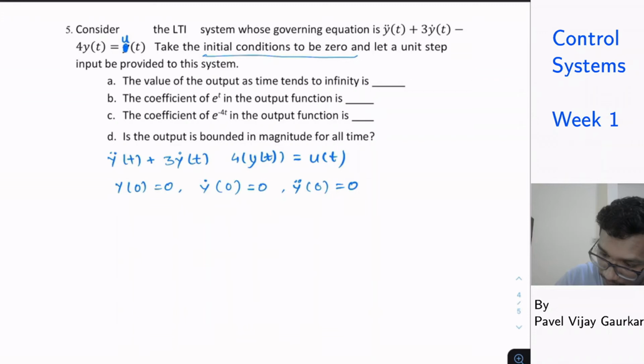So taking the Laplace transform of this equation and taking initial condition to be 0, we can write s square y of s, plus 3 into s into y of